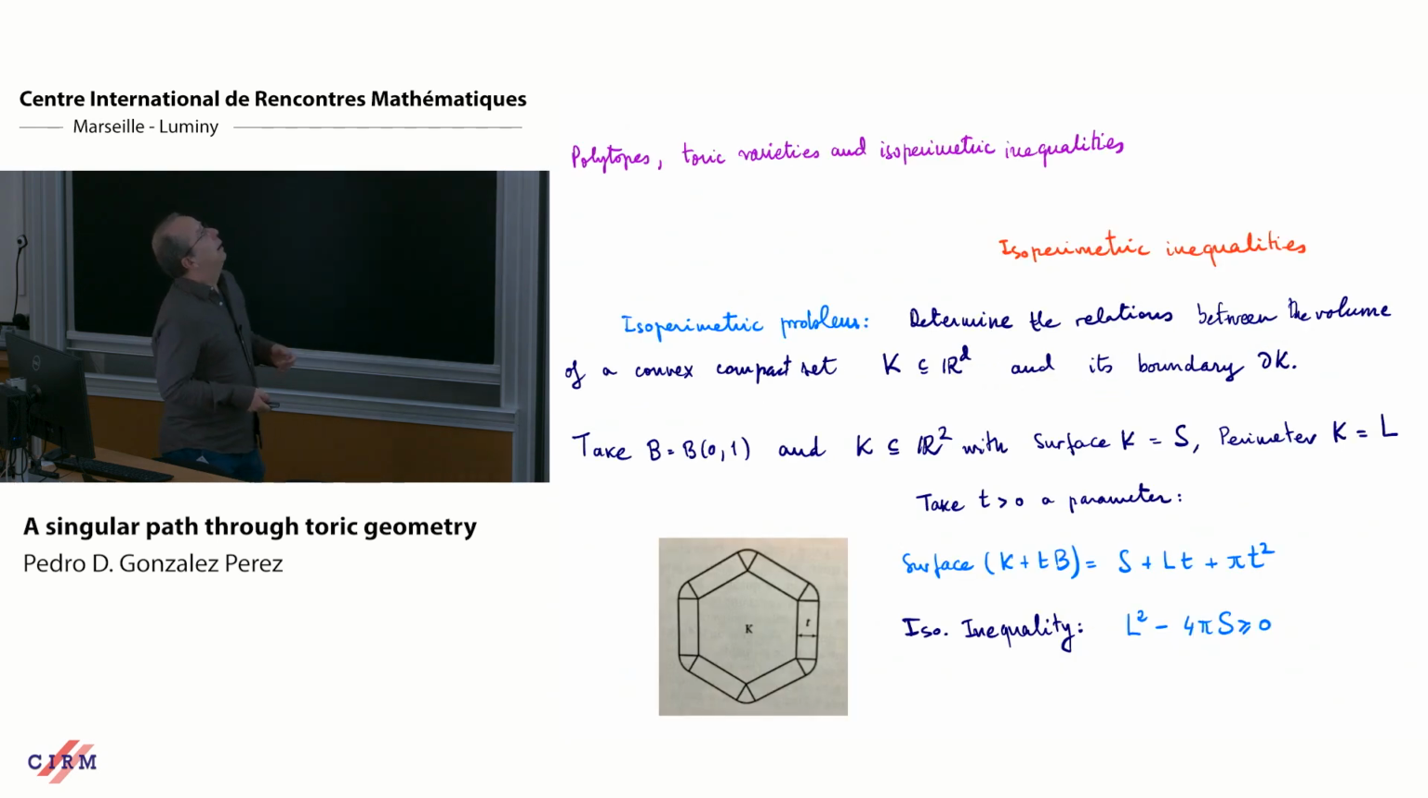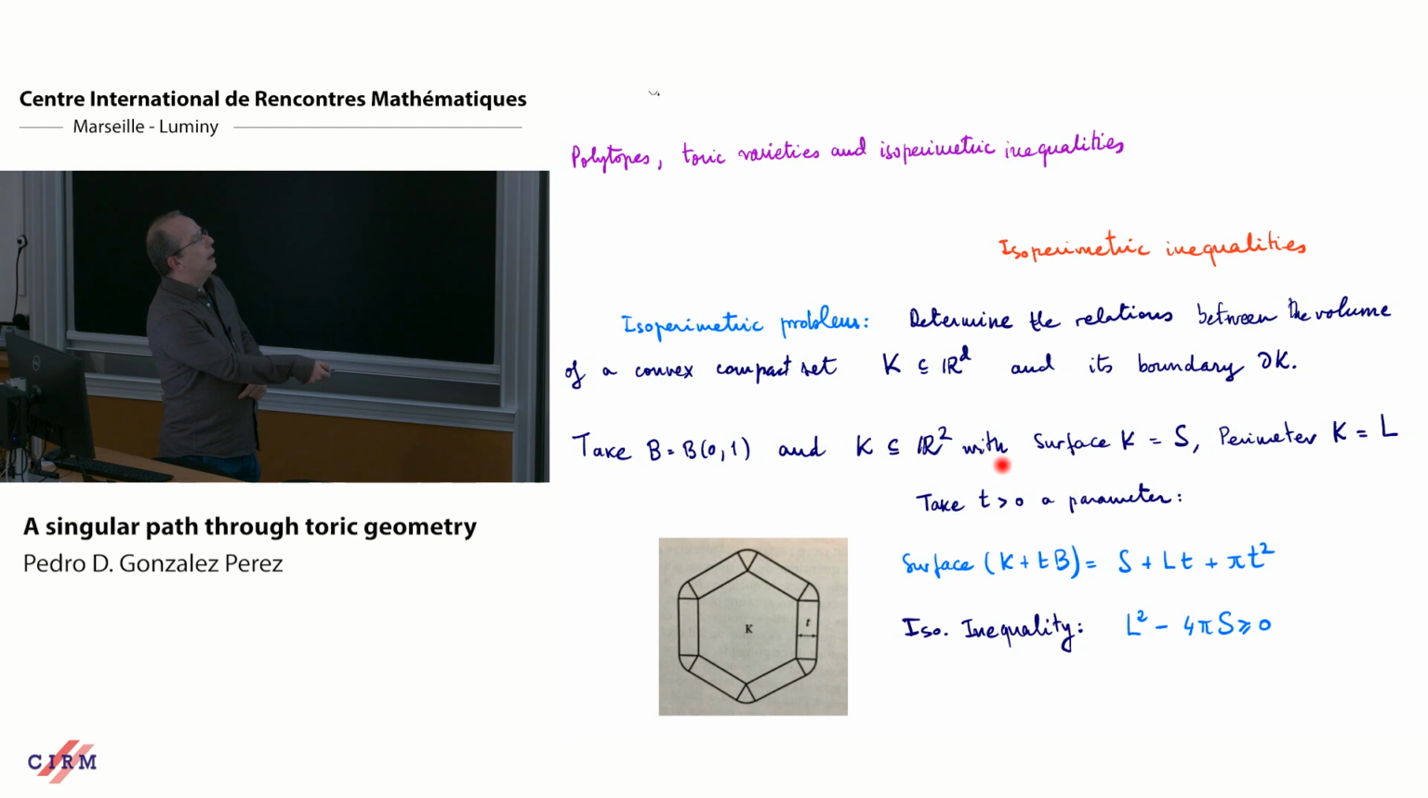So I will start first by recalling some facts about the isoperimetric problem, which tries to determine the relations between the volume of a compact set K in R^d and its boundary. This is a very classical problem from Greek geometry, which we can explain in some special case when we take, for instance, the unit ball and a compact set K in